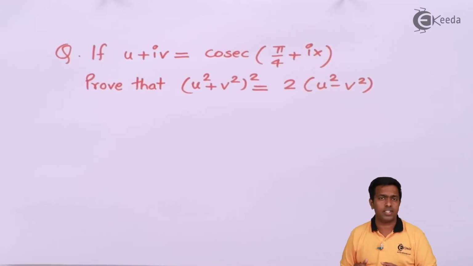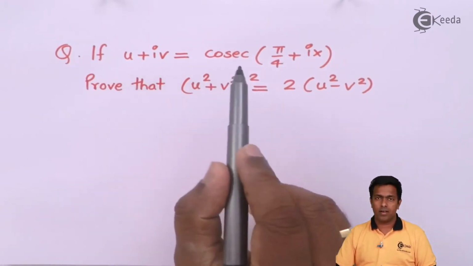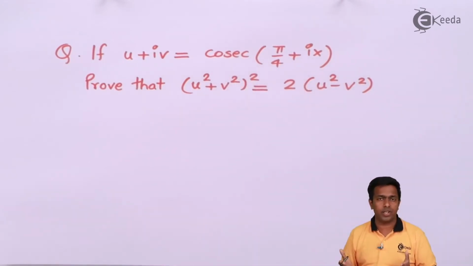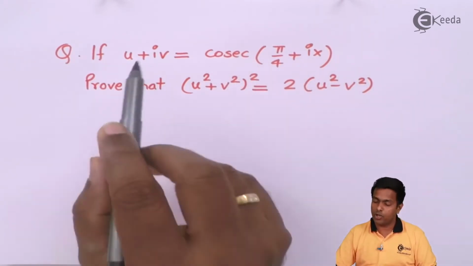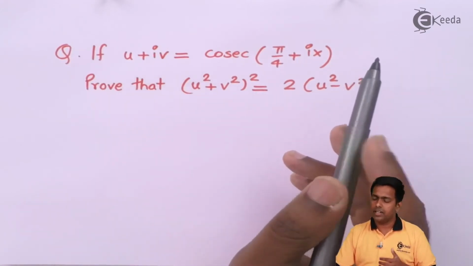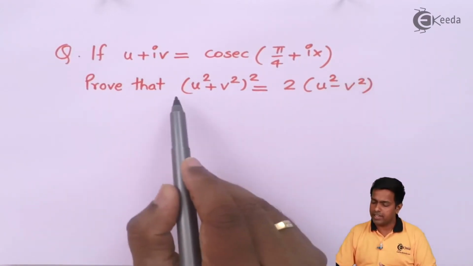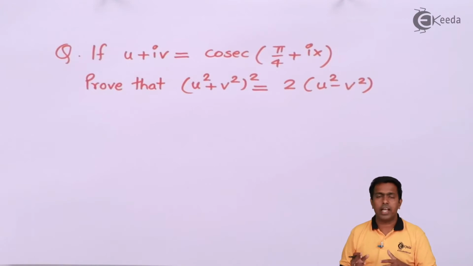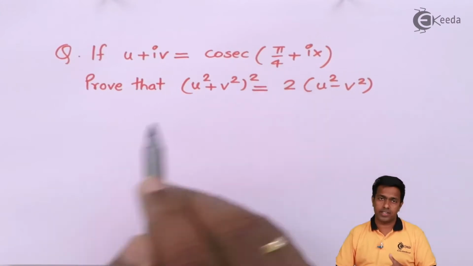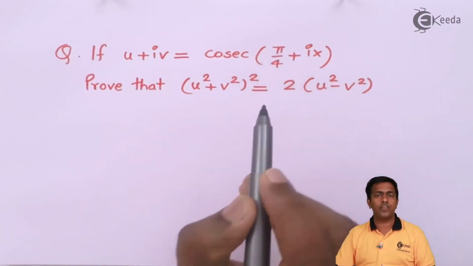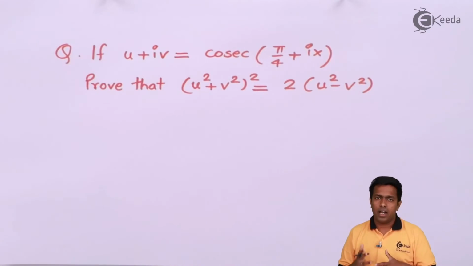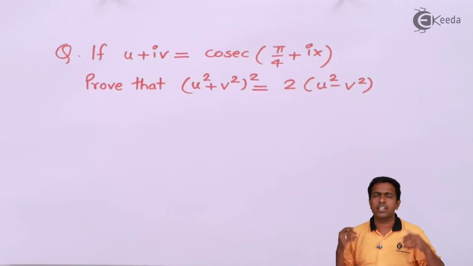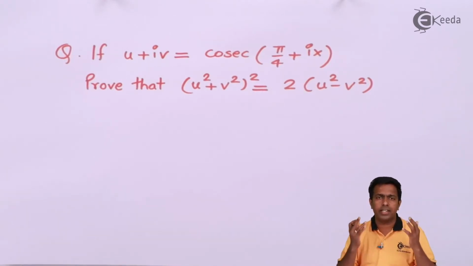So there are two ways to solve this problem. One is we can separate this right hand side into real and imaginary parts, then we'll compare both sides, so we'll get value of u and v, and then as I said, we will put that value of u and v in the result in the LHS and the RHS to get the final answer. Or the other way is we can find out the real and imaginary parts by shifting this cosec to the other side, or by making it 1 upon sine and then shifting that sine to the other side, and again we can get the real and imaginary parts so that we can get the same answer. So guys, you can do by any way and you will get the same proof.